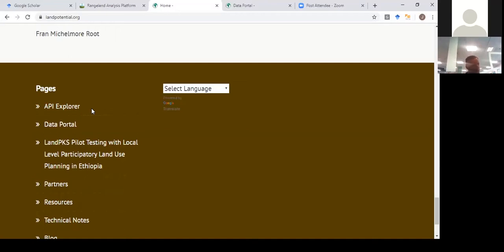You talked about how LandPKS will or would integrate with SILA Web or Web Soil Survey. Yeah. So Web Soil Survey is NRCS's product. SILA Web is a product of UC Davis in collaboration with NRCS. You can access both on the web. SILA Web